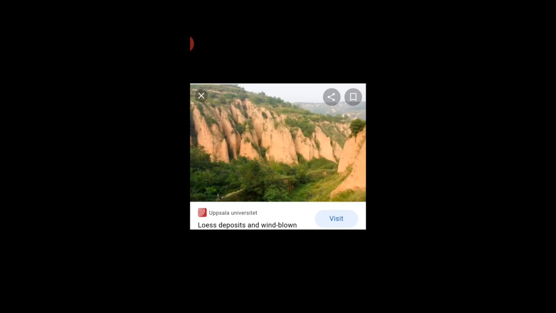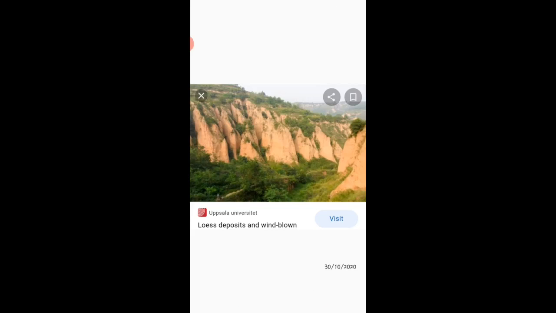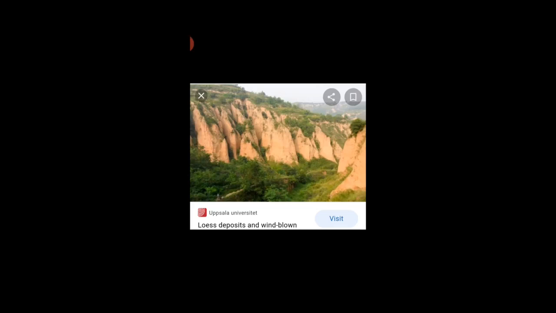Along with it, the wind carries these particles, takes them beyond the desert, and deposits the fertile dust in the neighboring land, and that soil is called loess soil. The speciality of this soil is that it is very rich and very fertile, and the plains formed by the loess soil are called loess plains.